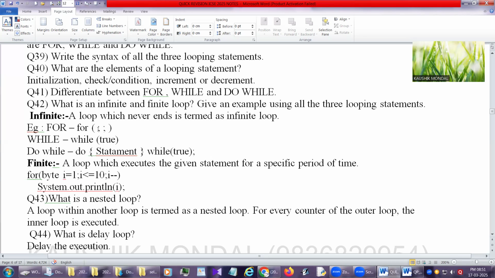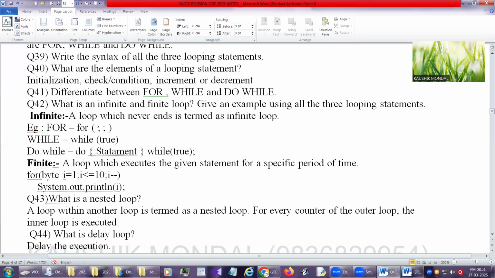One time the capacity of the data type is exceeded and we get the result. Like I'm telling you, byte i equal to 1, i greater than 0, i plus plus. If you print i, you will get 1, 2, 3, 4, 5, 6, 7, 8 till 127, because the capacity of byte is limited.